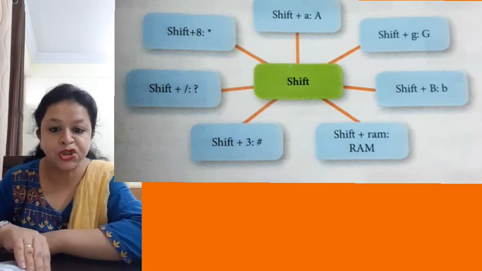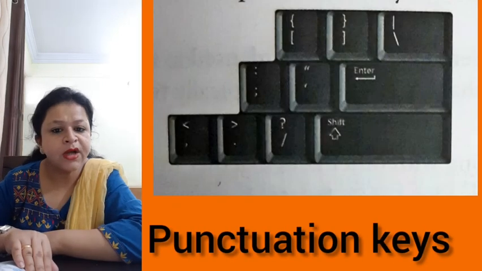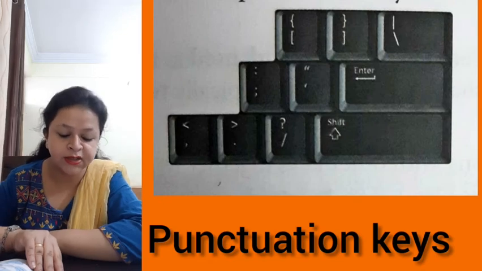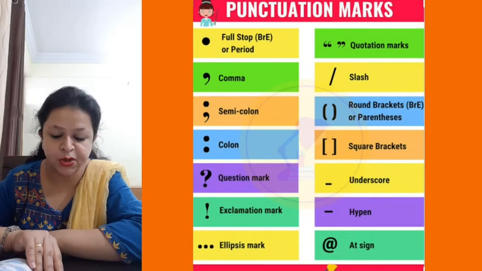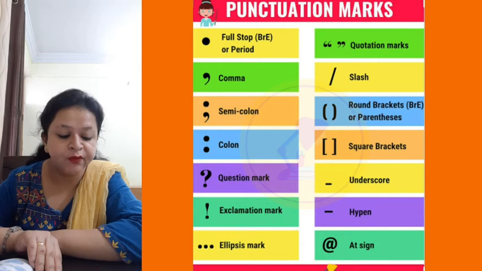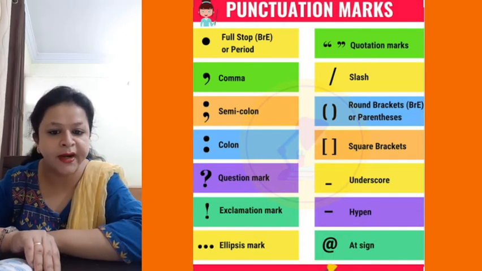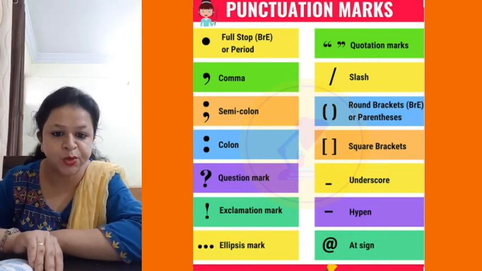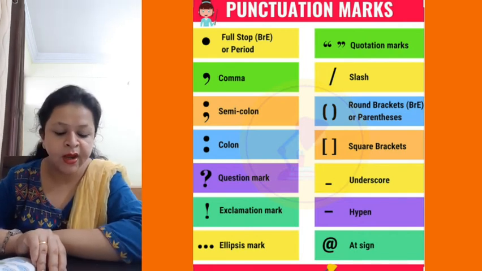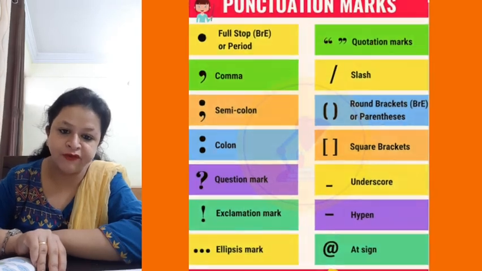Now the punctuation keys. What are punctuation marks? Exclamation, inverted commas, and brackets, these are all punctuation keys. You can use them. The keyboard has special symbols and punctuation to produce meaningful and excellent documents. If you are writing something, you want to use these punctuation marks, which you must have learned in English grammar: comma, full stop, hyphen, semicolon, brackets, and so on.